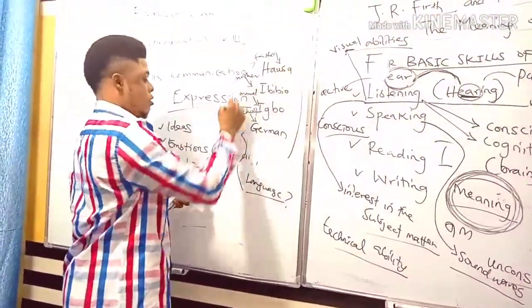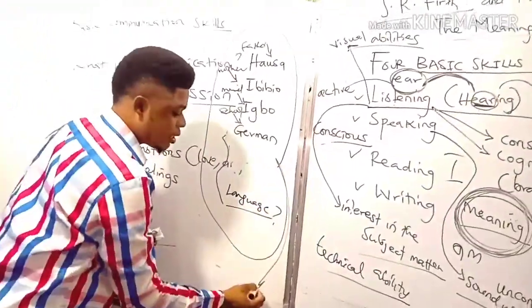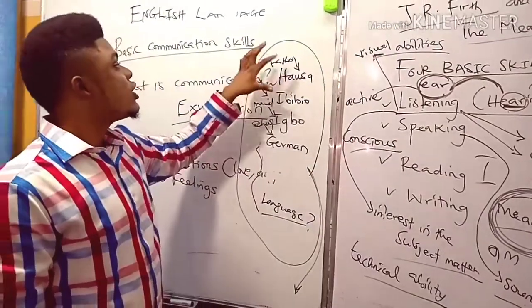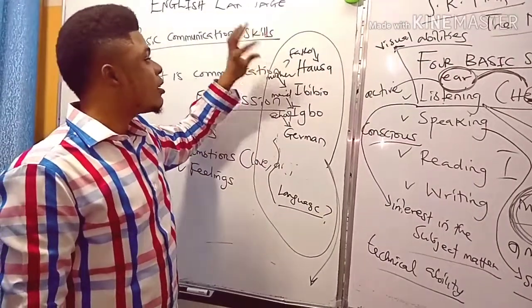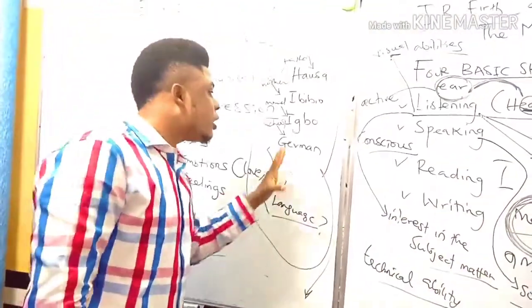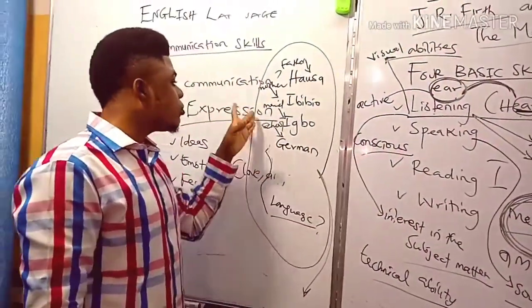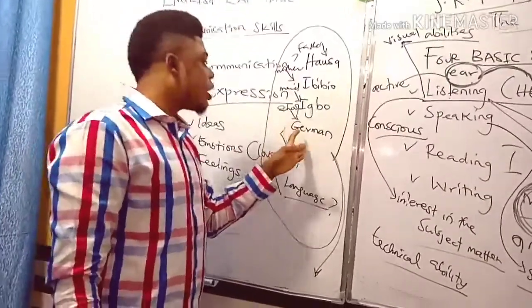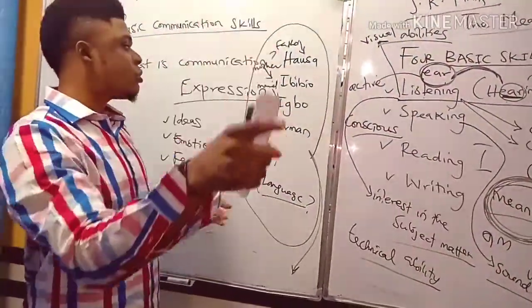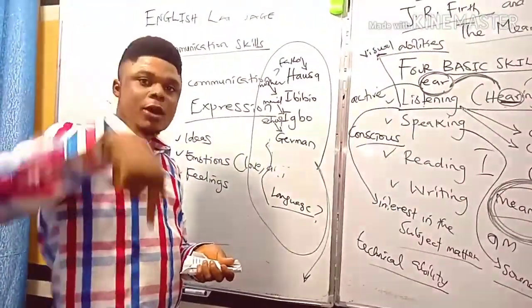I think that would be for us to answer in the comment section. So for this child, what language do you think this child is going to acquire? A child with a Hausa speaking father and an Ibibio speaking mother, a maid that speaks Igbo, and they all live in Germany. That means the child schools in Germany and learns in German. So what language do you think this child is going to acquire? That should be our question. So if you have your answers, just pop them down in the comment section.